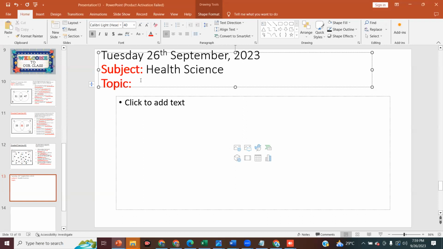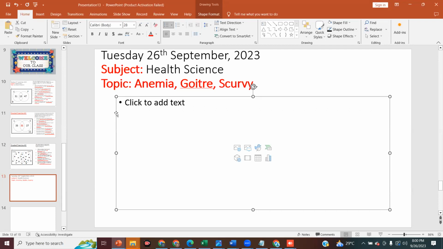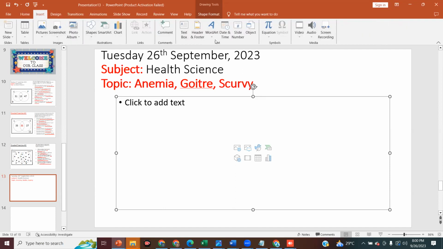So, today we're gonna be looking at, still looking at deficiency diseases. We're gonna see if we can tackle anemia, goiter, and if we're lucky, scurvy. All right. If we're lucky. So we're still on deficiency diseases. Anemia, goiter, and scurvy are all deficiency diseases. All right. So let's construct a table, the same table that we